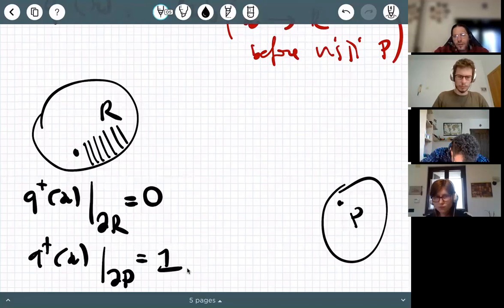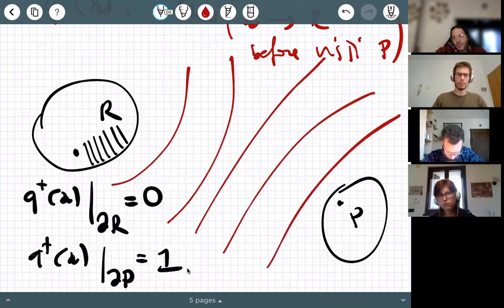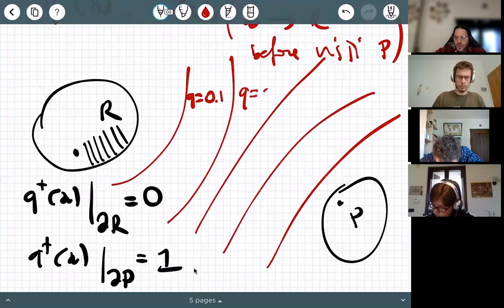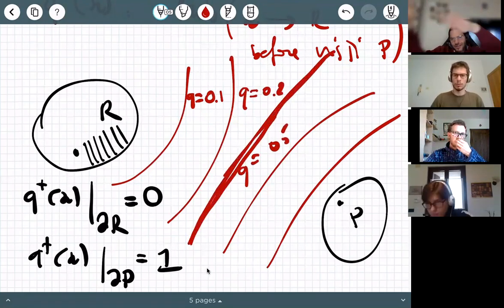However, the committor function is, of course, a probability field, which means that you can imagine defining isocommittor hypersurfaces. They basically represent a foliation of configuration space, using the language of differential geometry. In each of these hypersurfaces, the committor takes a value. For instance, here is going to be 0.1, maybe here 0.2, 0.5. This is the separatrix between the mountains.